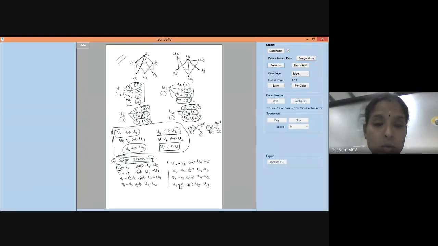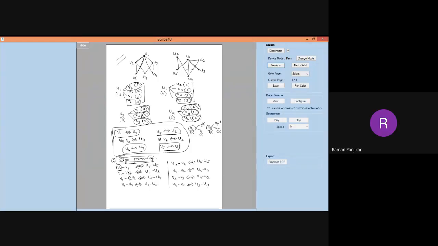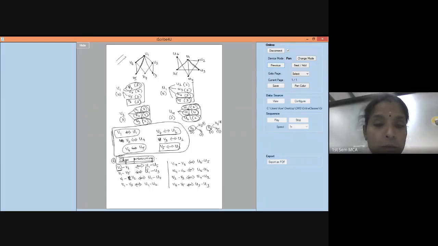Once you do that, in the previous step we have already done vertex preserving. For example, the first edge is V1, V6. How do you find the equivalent edge for V1, V6? What is the equivalent vertex of V1? U1. What is the equivalent vertex of V6? U5. That is why the V1, V6 edge will now become nothing but U1, U5.